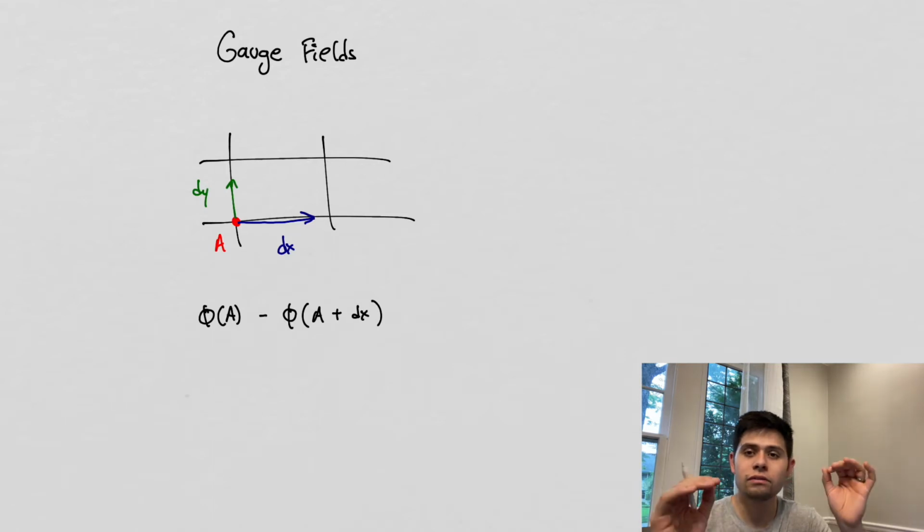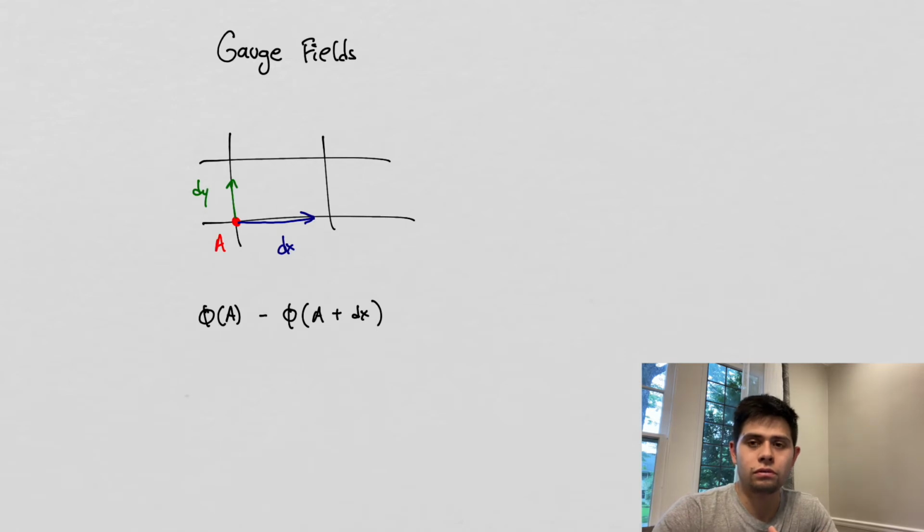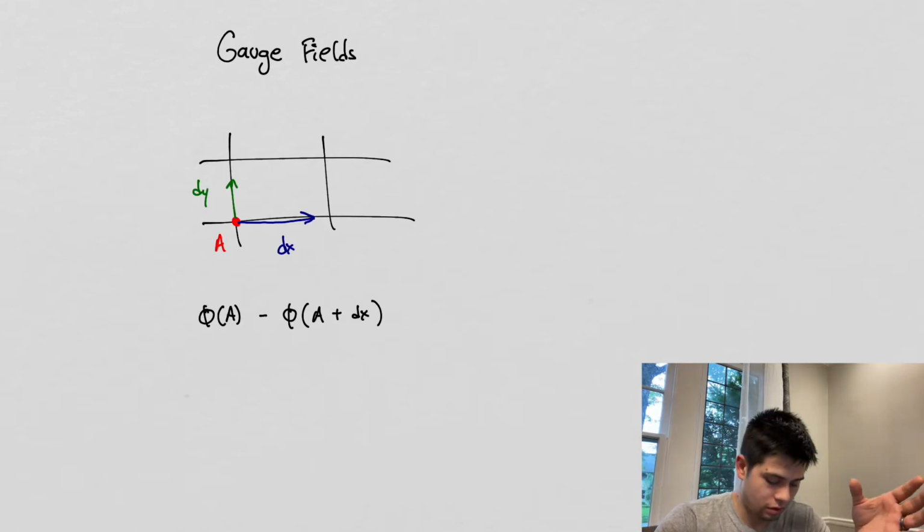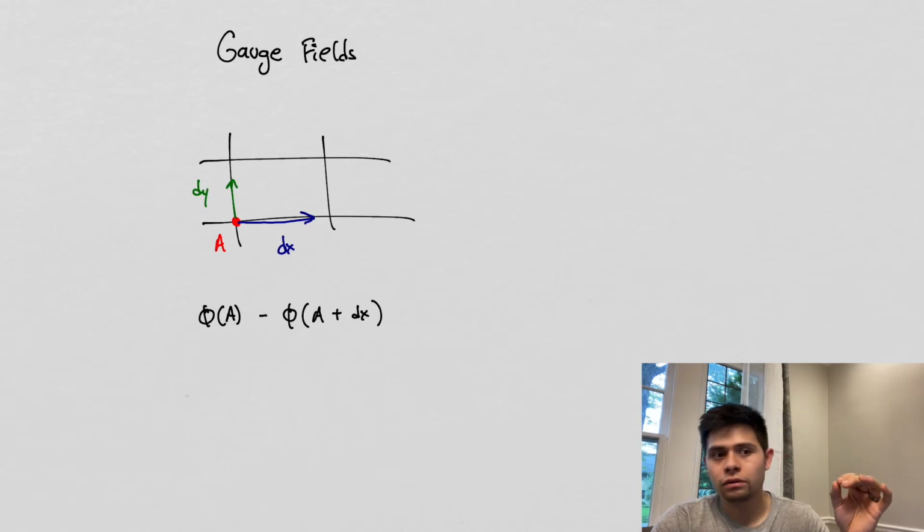But here's the thing: what if they're the same, but the difference is not 0? Think about that for a second. You could pause the video. That might mean that there could potentially be some sort of change in a coordinate system as we go from,